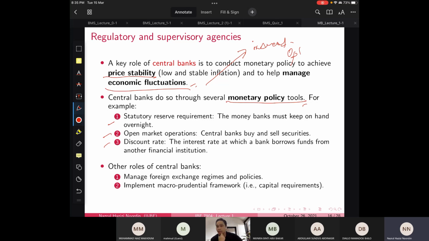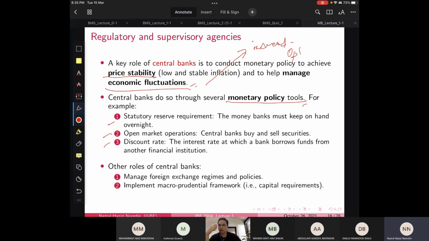Statutory reserve requirement is basically the requirement imposed by the central bank on every individual bank. So at the end of every day, at the end of their business hours, these individual banks have to ensure that they have a certain amount of money deposited at the central bank. This is basically a requirement by the central bank. Let's say, for example, I'm not sure in detail how much they require, but basically each of the banks has to keep a certain amount of money at the central bank